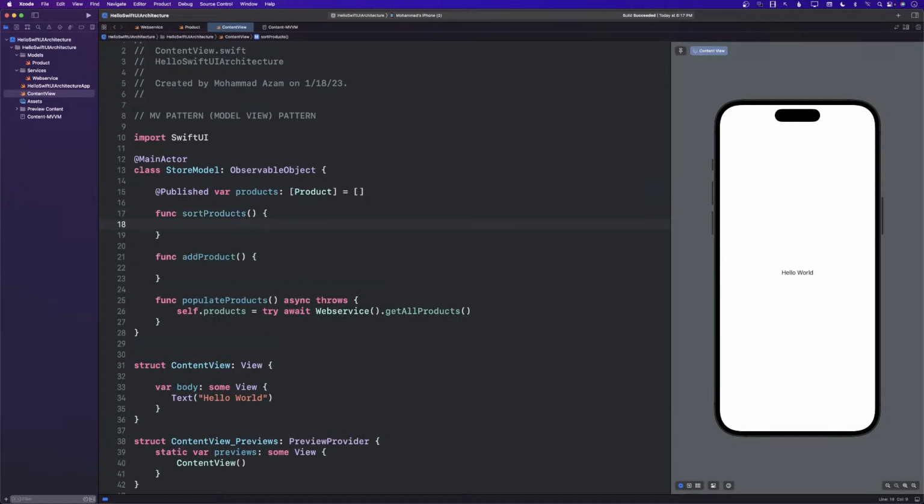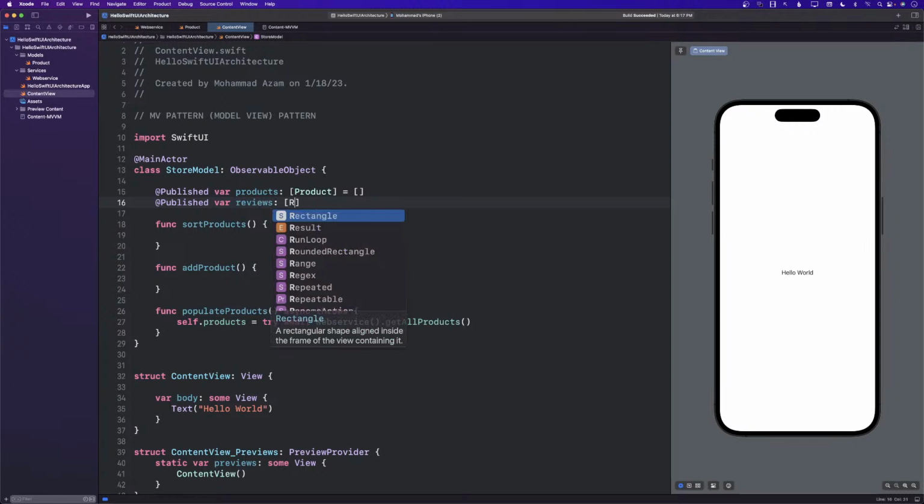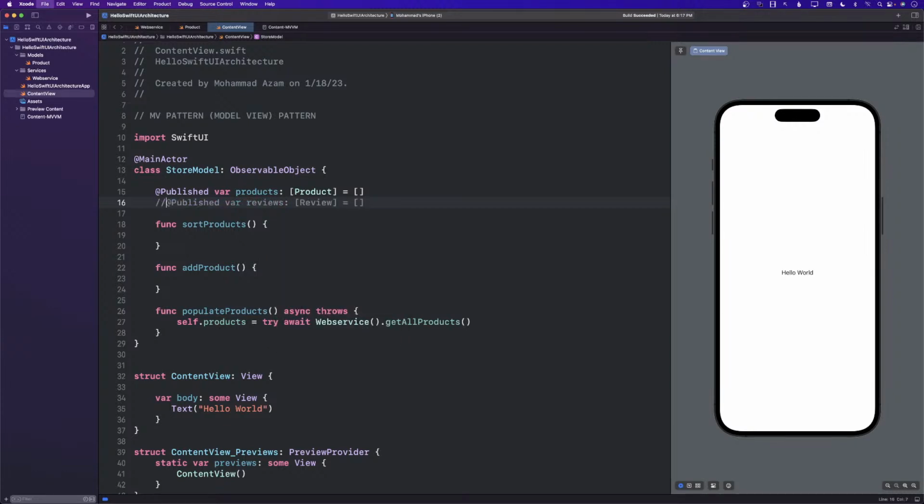If I want to capture the reviews of the products, well, I will just go ahead and create reviews, and this will be an array of review. If I want to do something else, I will just use the same exact model and add the code in there. So that's a big difference.